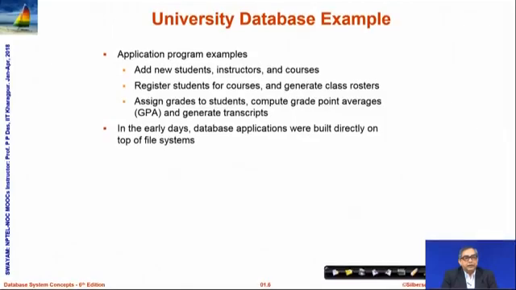Just to quickly recall, file systems typically have a large number of sequential files which can be written and read in a certain order, and some random access files where you can reach a particular point in the file to do certain access and manipulation operations. So, in the earlier days, it was a collection of file systems which managed large enterprise data as required. But